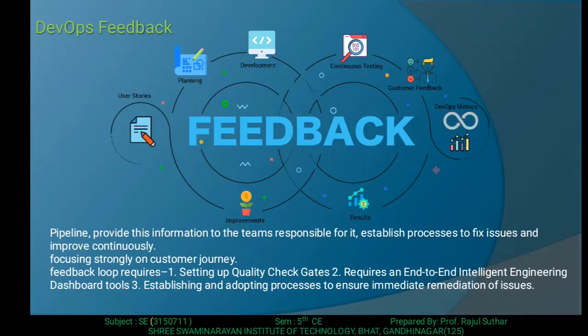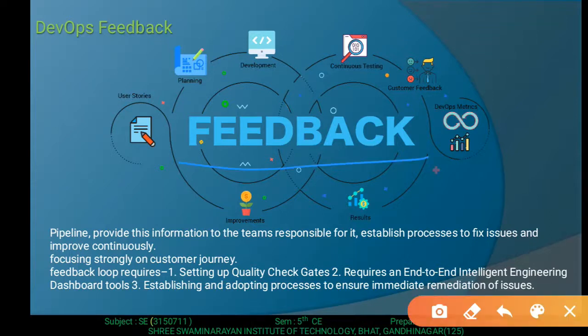So feedback is provided by the customer, to improve the productivity or provide updates to improve the product functionality or performance. So here feedback for the user story, then it performs the planning, then deployment, each and every step requires feedback. We also require continuous testing feedback, customer feedback, and DevOps metrics.